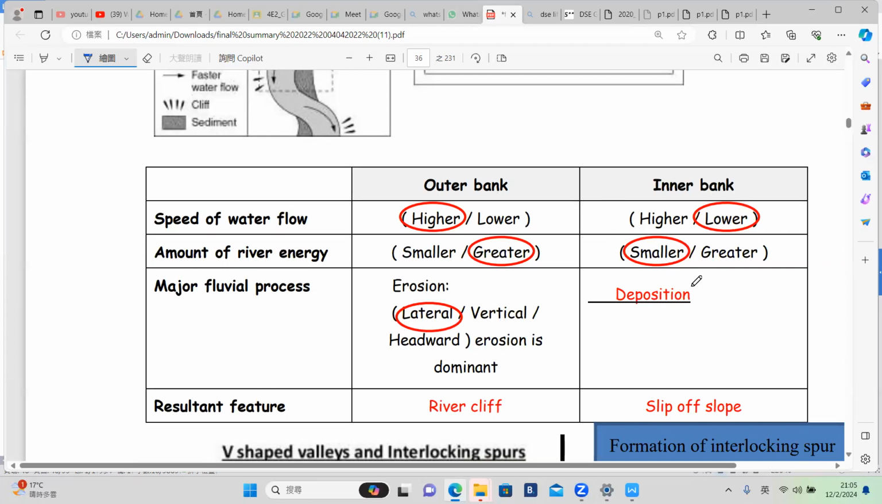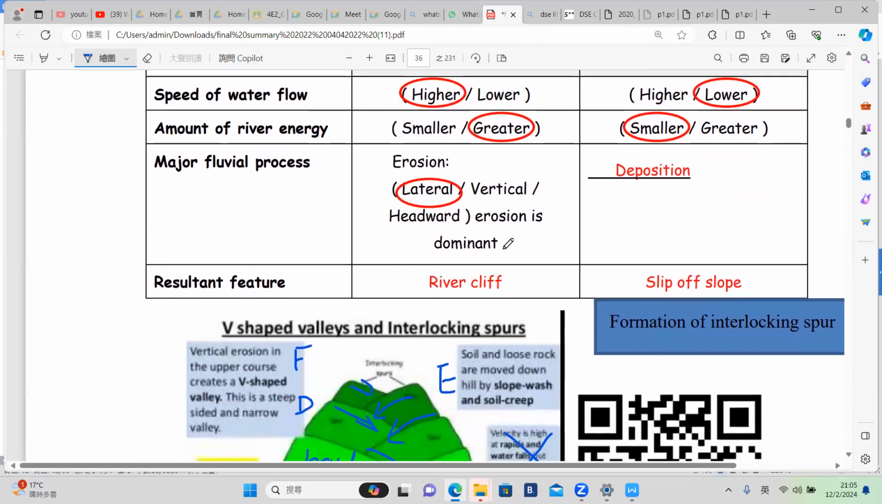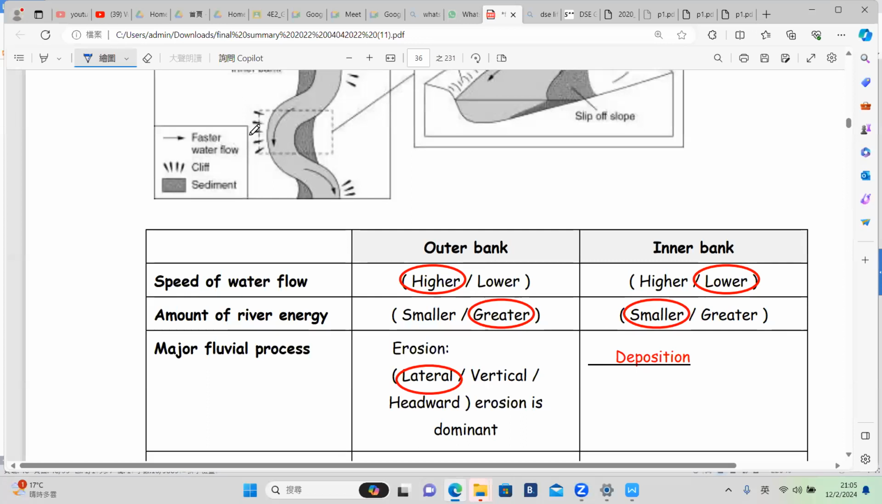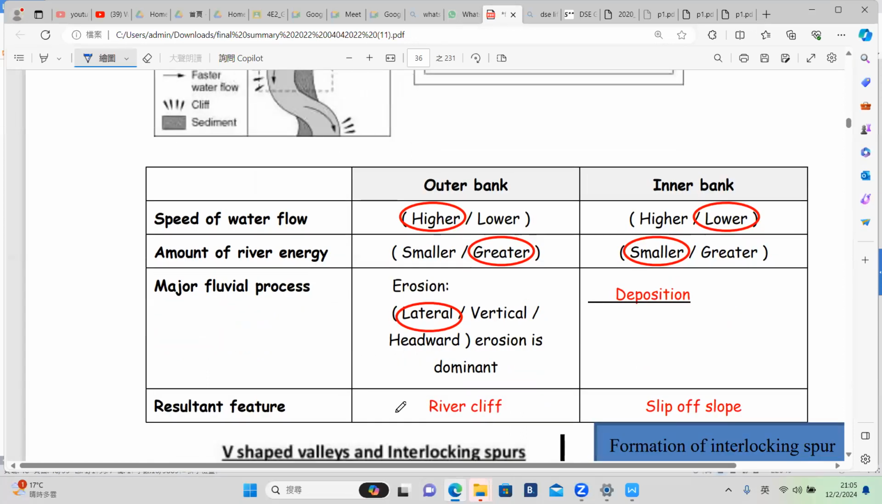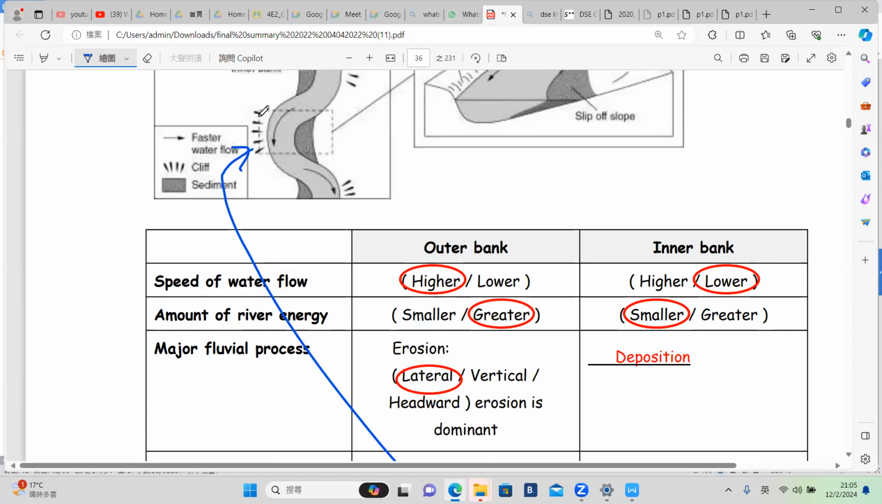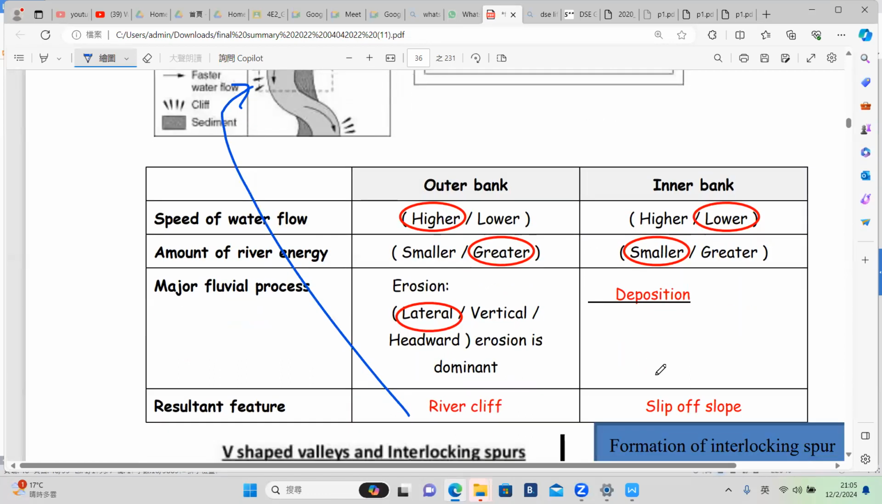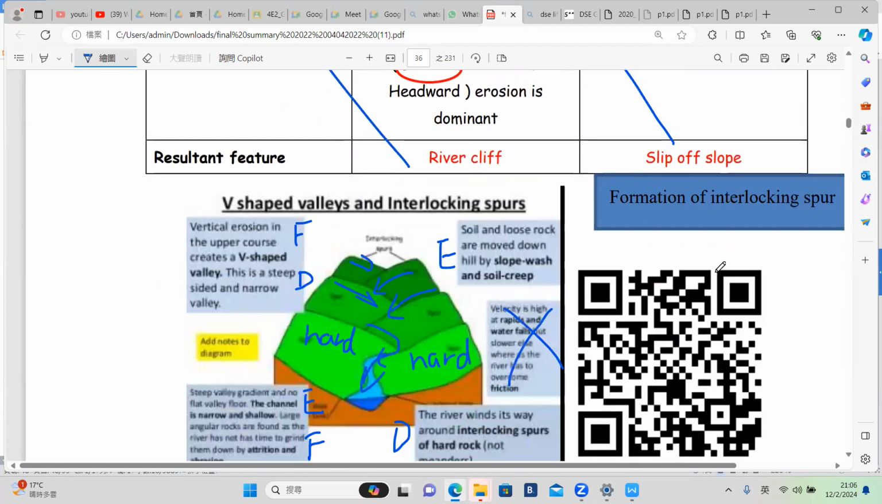So accordingly, deposition occurs in the inner bank. Erosion occurs in the outer bank. OK, so here there should be a cliff, and this cliff is called a river cliff, because erosion takes place and then a cliff will occur. Then for the inner bank, there will be deposition, then a slip-off slope will occur. OK, so altogether,